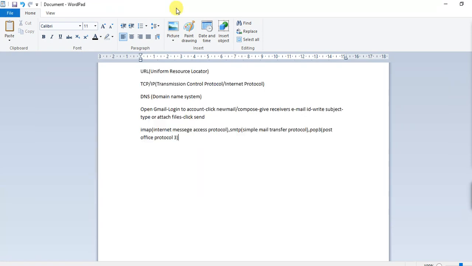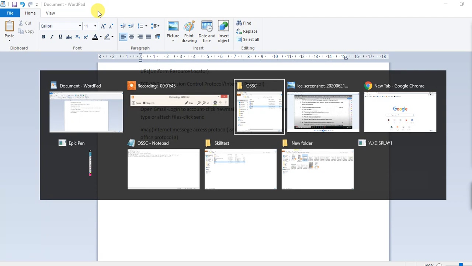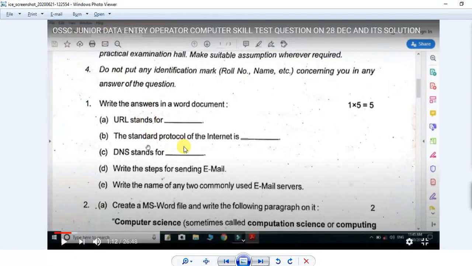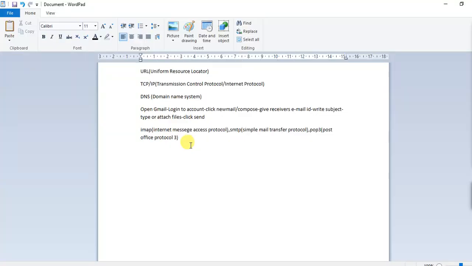Then our next question is: the standard protocol of the internet is. This is TCP by IP. What is TCP? Transmission Control Protocol. Then DNS, Domain Name System.